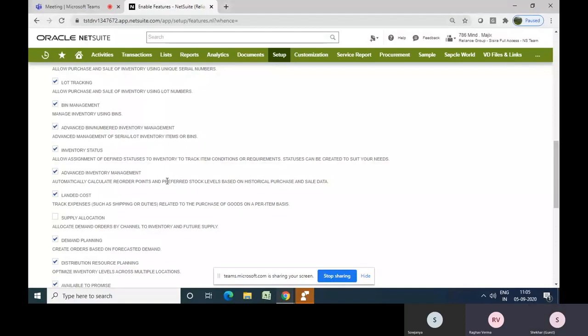Serialized is something where we put our time and build a particular product at a time, one unit, with a serial number. For example, a mobile phone has a serial number.